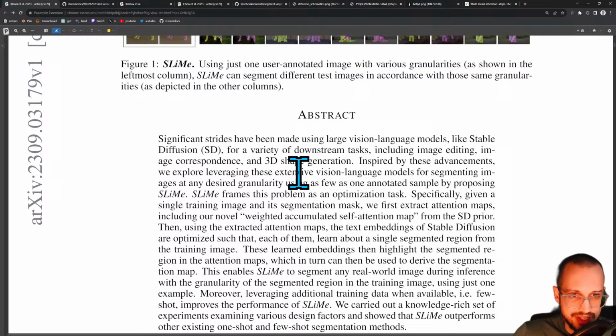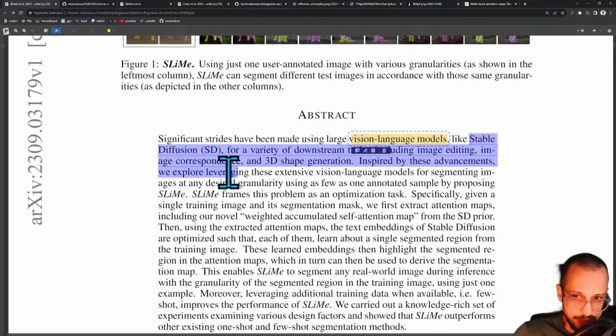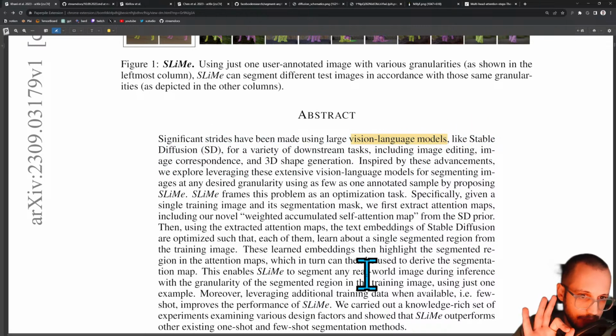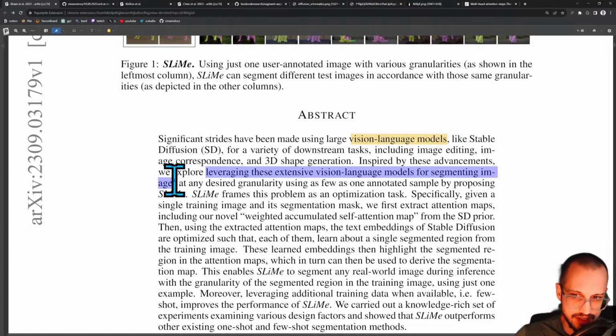Significant strides have been made using large vision language models. So vision language models here, for example, Stable Diffusion, but pretty much any model that combines the modalities of vision, which is images, and the modality of language, which is text, for a variety of downstream tasks, including image editing, image correspondence, 3D shape generation. These are just other things that people do in the vision language space. Inspired by these advancements, we explored leveraging these extensive vision language models for segmenting images. And this is the key part here, is that a lot of segmentation work has relied on these very large